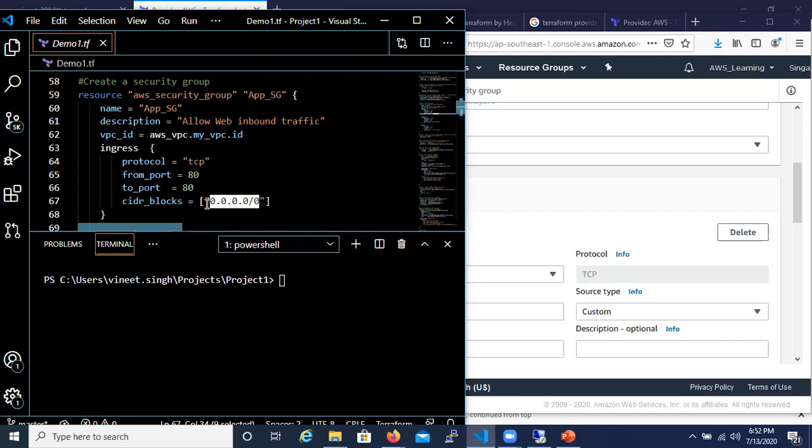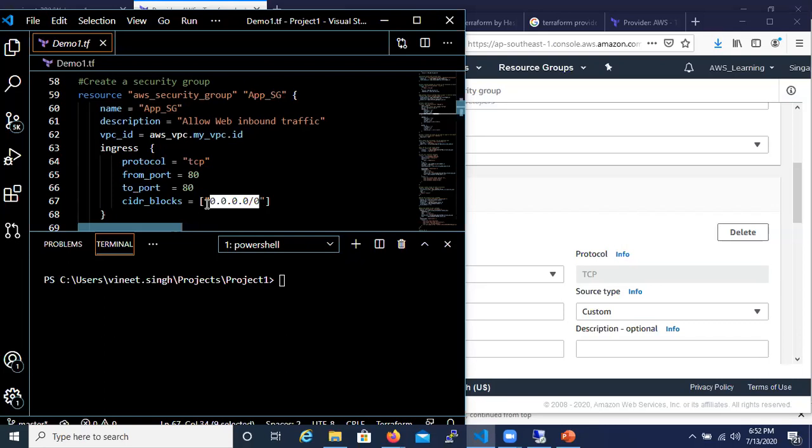But in an actual production environment, it is always good to restrict, unless you are trying to open it to the world. For example, for SSH, for administration purposes, you want to log into your instance. In that case, port 22, I will not open for all.